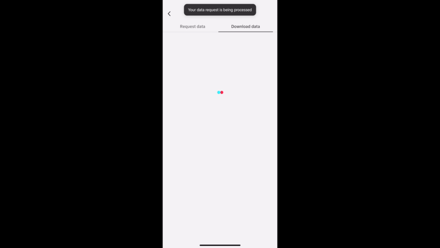What's going to happen here is they will process this and then email you when your data is available for download. Then you just click on this button. Right now it says cancel, but this will change, and you can then download your data. It'll save to your phone in a zip file, and then you will go to the next step, which I'll